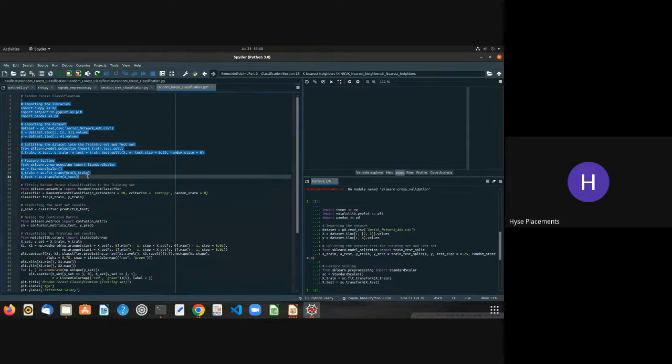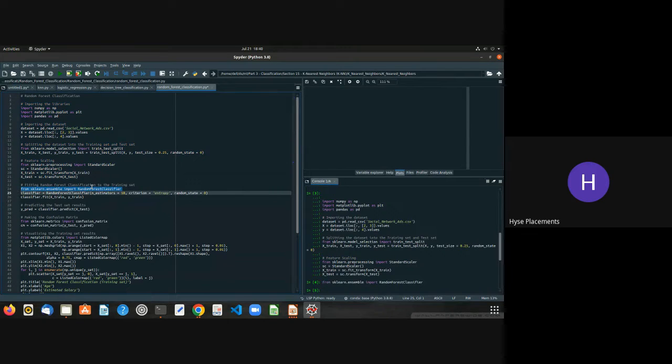Yeah, after standardizing, I'm going to import my random forest classifier. Remember for the decision tree, you have this criterion as entropy, random state also, but the extra feature in the random forest classifier is n_estimators as 10. Remember guys, since we have already learned functions and classes, we can have n number of parameters available,